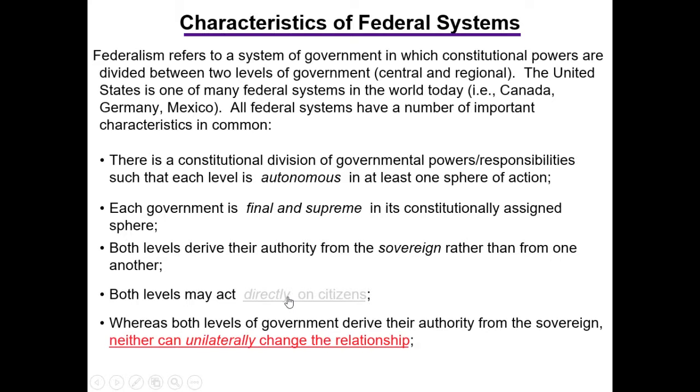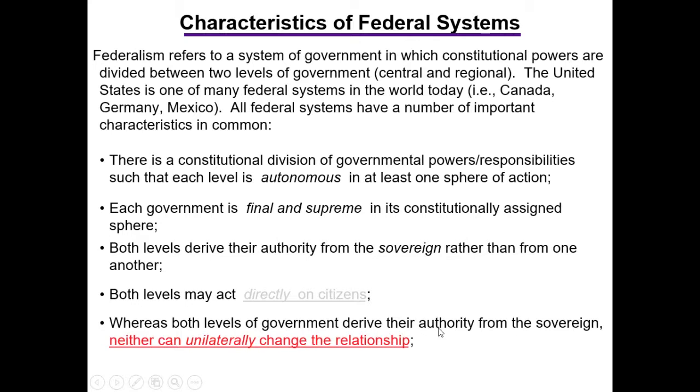It's just like the United Nations today, right? The United Nations can't reach out and tax you. It's a confederacy. The United Nations can't conscript you into an international army. Now, if you are a member of the United States military, and the commander-in-chief says that American troops are going to participate in a UN force, that's a different story. But you're acting under the responsibilities imposed upon you by being a member of the United States military, not by being a member of the United Nations international force. Right?